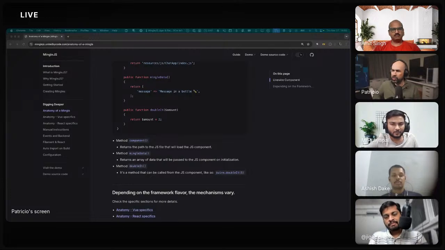But yes, I would say generally we don't need to move from Blade or Livewire to Inertia to get 80% of the benefits of a rich JavaScript front end.